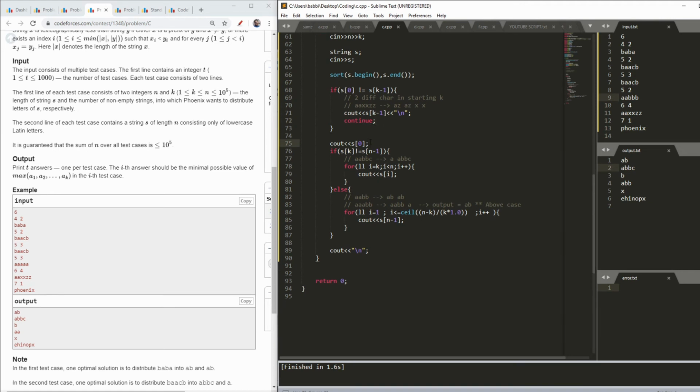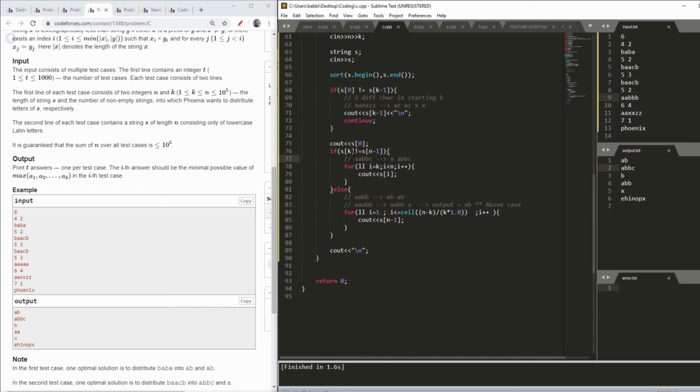But if it is not, then first of all I had my first element, because actually you know that in every set, first of all the first element, the smallest one, will be there. And then the another case, as I showed you in the example of ABBC, so in that we got answer A and ABBC.